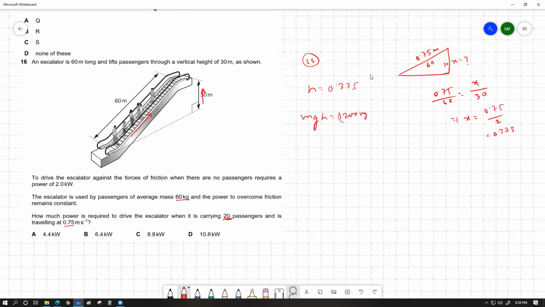I'm doing only for the passengers here. Into 9.81, into 0.375. দেখো এটা বুঝা যাচ্ছে কিনা বলবান? 0.375 এটা কিসের স্যার? ও মানে x মানে height. হ্যাঁ, ভার্টিক্যাল হাইট। সো এটা করে দেখো কত আসে।